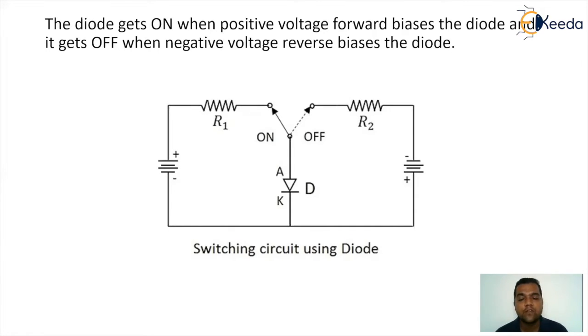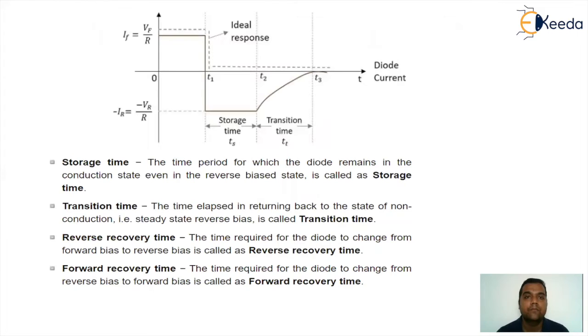So because of this, what is going to happen? Let's check. If you observe carefully, you can see a response, or you can say the voltage versus time behavior of the device, where during the forward bias, the diode was working like a closed switch, and that's the reason the forward current will be defined as Vf by R. And during the reverse bias, the diode will work actually like an open switch.